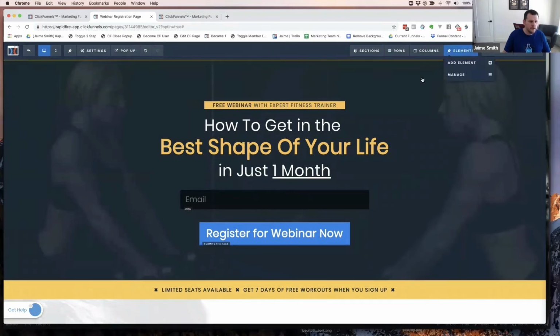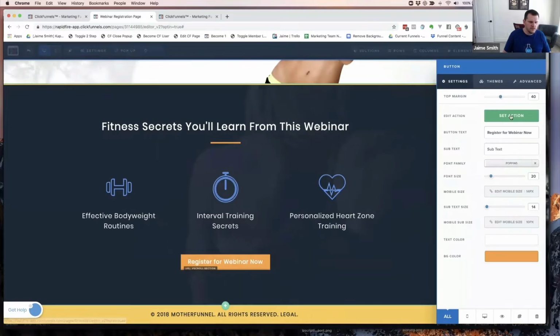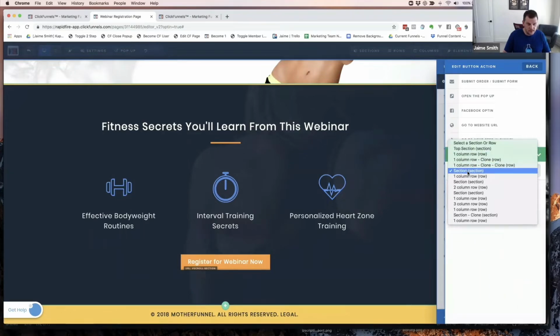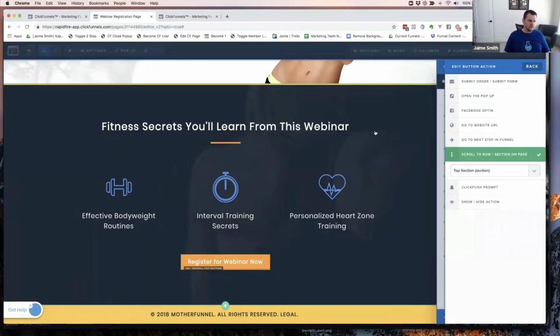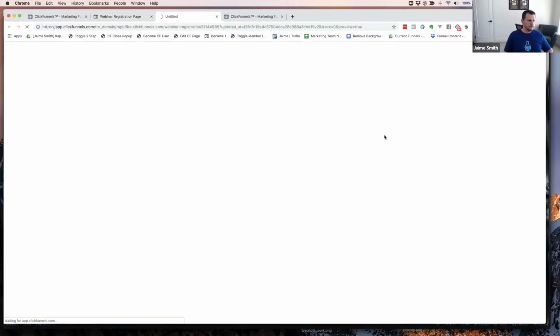And now if we go back into this button and we click this and we go to set action and we go to select our section, now we'll see it's top section. So you notice I selected a section, it wasn't even the right one because it was just called section. Here's another section, here's another section, clone. So we can't identify what these actually are, but because I renamed it to top section, then I know exactly which one it is. So now if I save this page and then I do a preview,